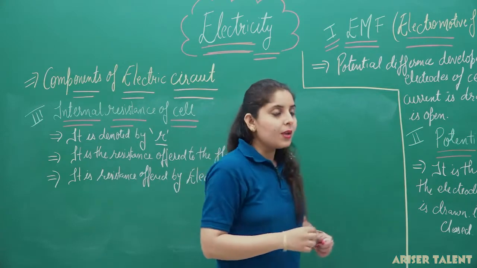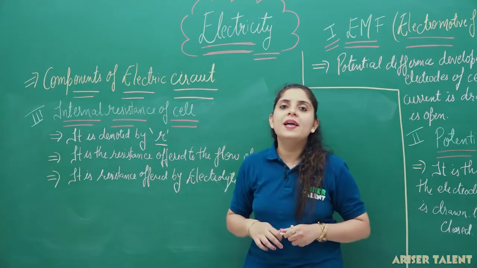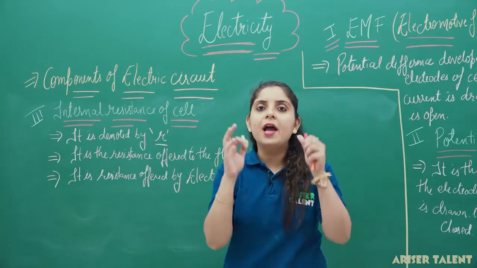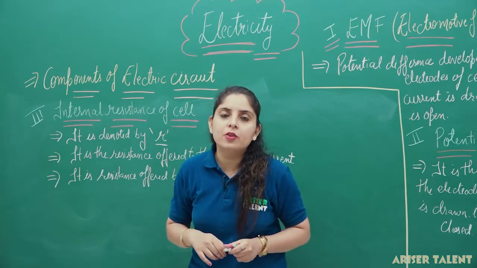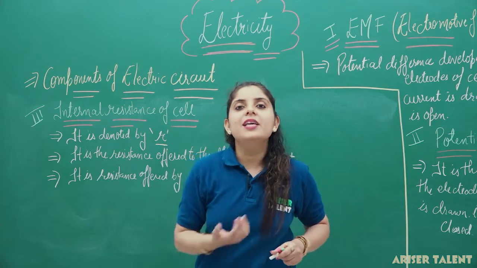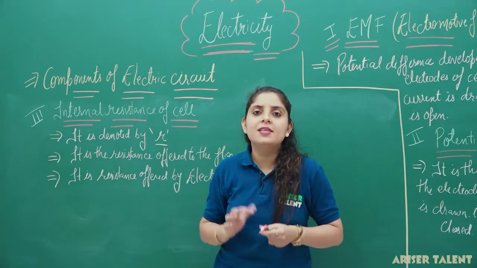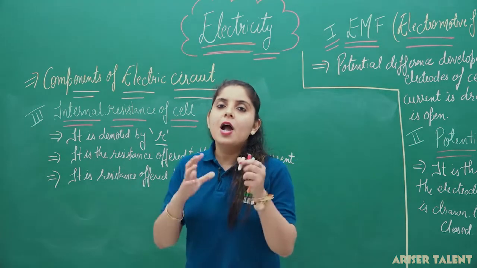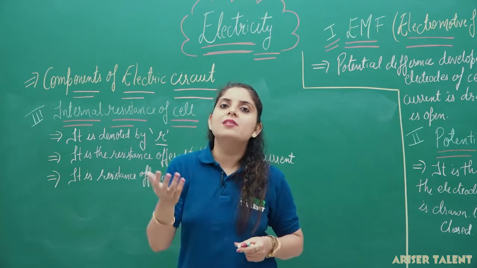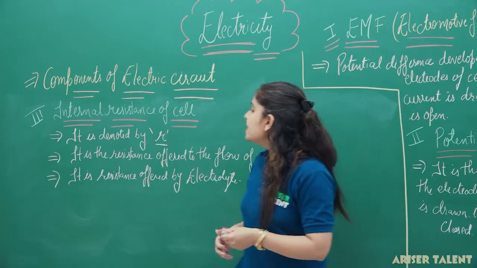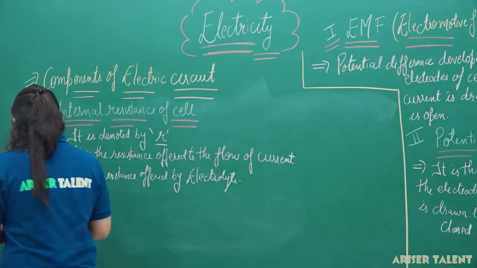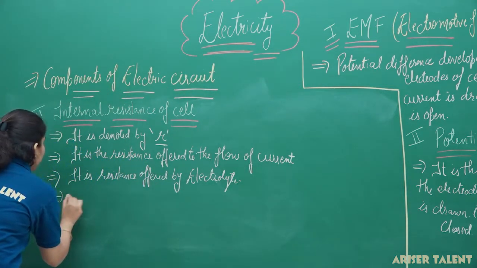Now, the internal resistance of the cell will depend upon the area of the plates of the electrodes, and it is also dependent upon the length of the electrodes you have taken. If these quantities are increased or decreased, the resistance will increase or decrease according to the condition, because it is inversely proportional to the area and the length of the electrodes. So we can say that internal resistance of a cell